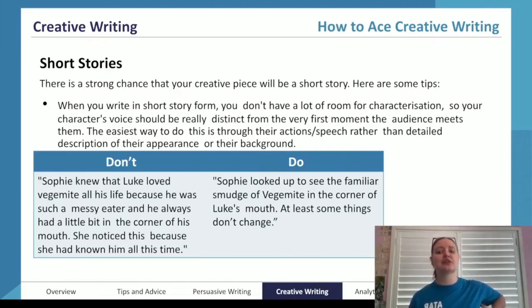She noticed this because she had known him all this time. Instead, you can have the very same information, because there's lots of information in that left column, in a much shorter stance like this. Sophie looked up to see the familiar smudge of Vegemite in the corner of Luke's mouth. At least some things don't change.